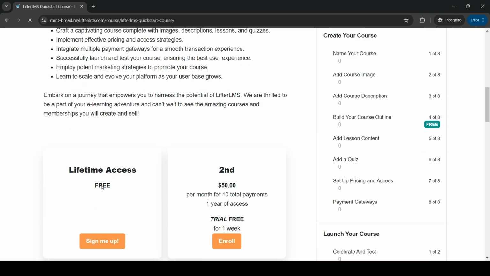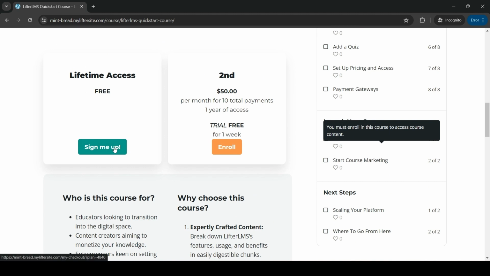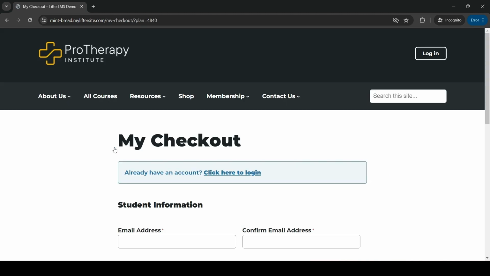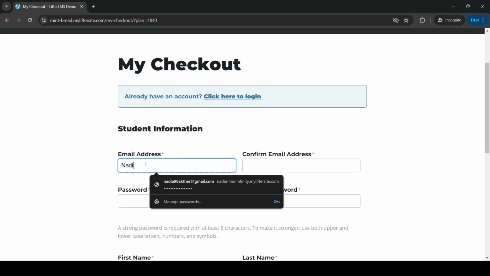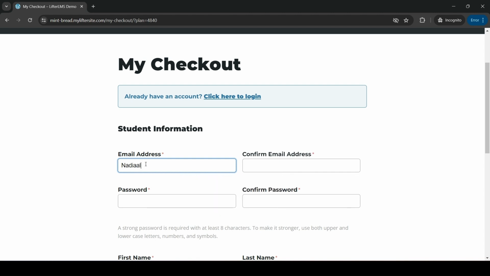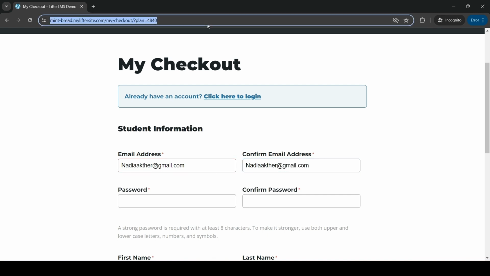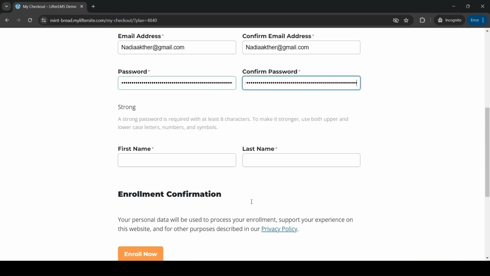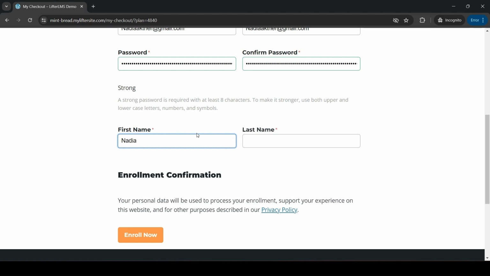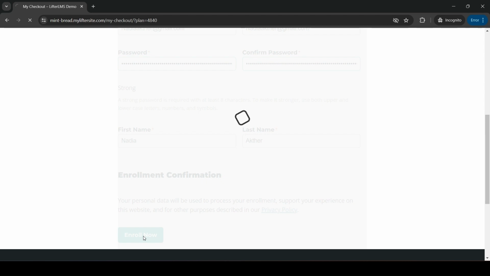So as you can see, here is the course, and I am not enrolled in this course yet. So I will first enroll here so that I can see the enrollment pop-up or other options. First of all, I will add my email address. Then I will add the password, first name, and I have to add the last name as well. As this is a free course, I just have to enroll here. So if I click on enroll,